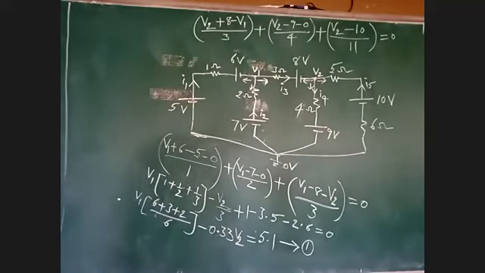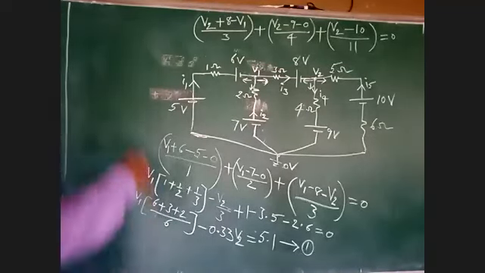This much complicated a problem nobody will give in the exam. They will give simple circuits in the exam. But for your understanding, I am telling this. Separate V1 terms, V2 terms, and constant terms, then you will get the second equation. For solving any two unknown quantities, we need two equations. If you solve these two equations, we will get V1 and V2.